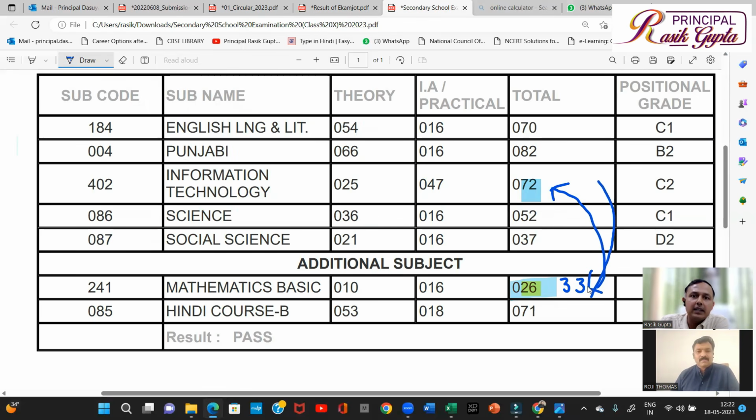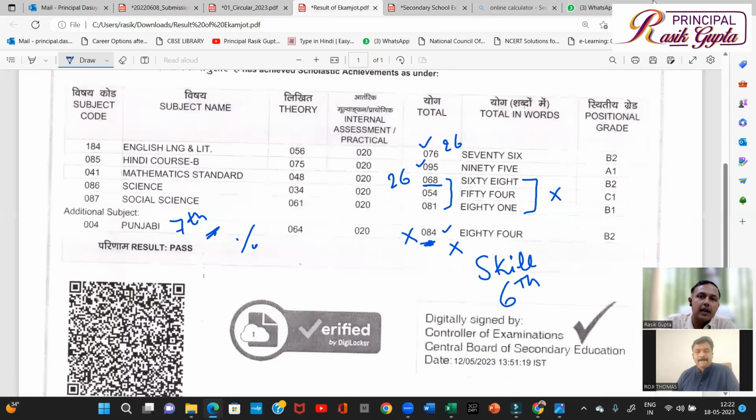Right? But in this case, where we are talking about Punjabi as an additional subject, if the student had failed in any of the languages, suppose he failed in English, then the Punjabi marks would have gone up and English would have come down into additional. Even then we would calculate the top 5, not the best 5. Right? So I believe